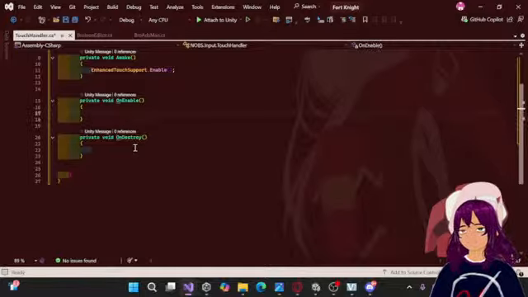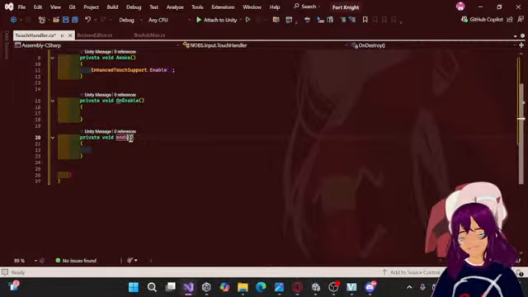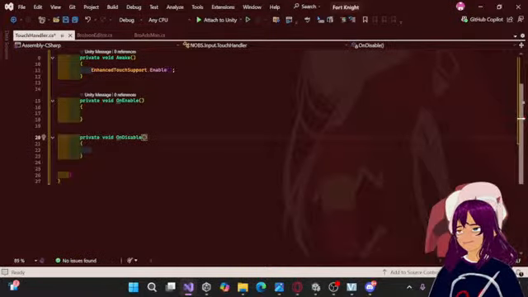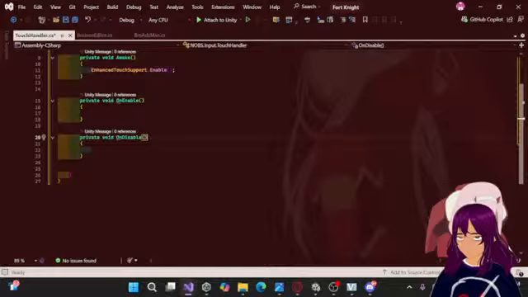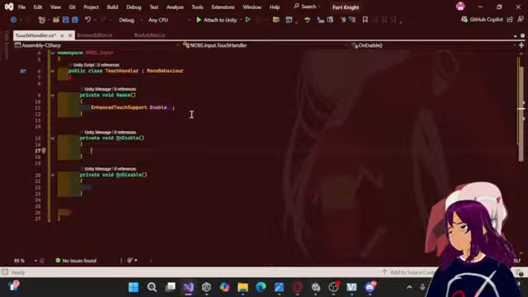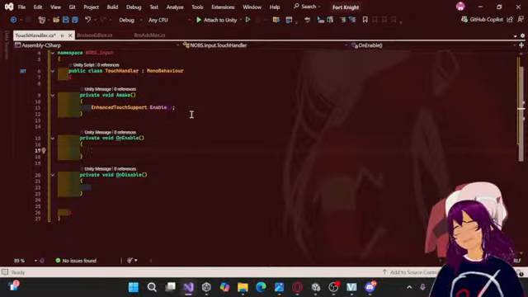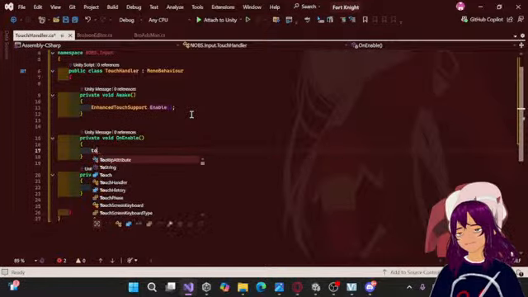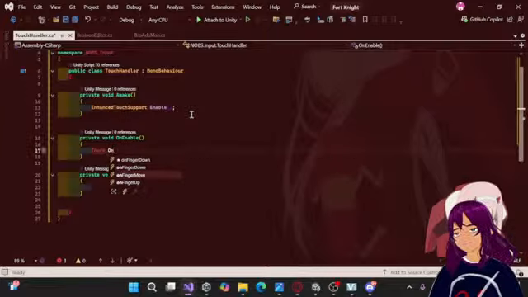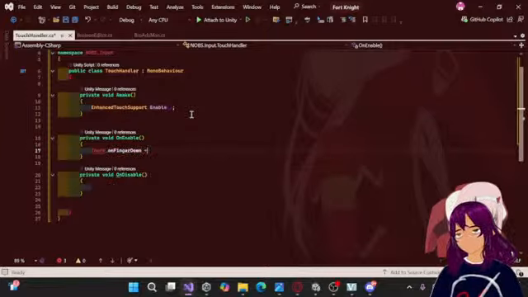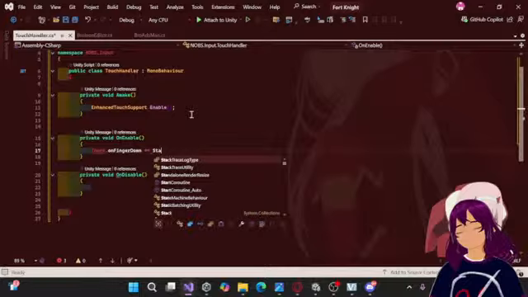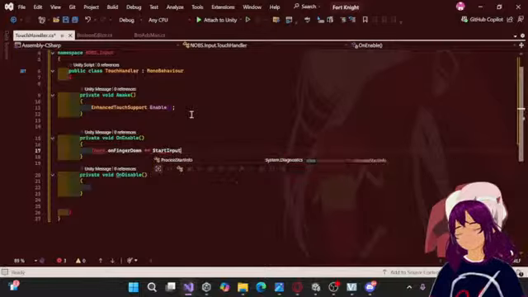Okay, we'll do it on disable. This way the events will only be handled when the game object is enabled, and it won't be handling when the game is not handling basically. So we have basically three events that we want to register. Touch dot onFingerDown, we will register this at start input,